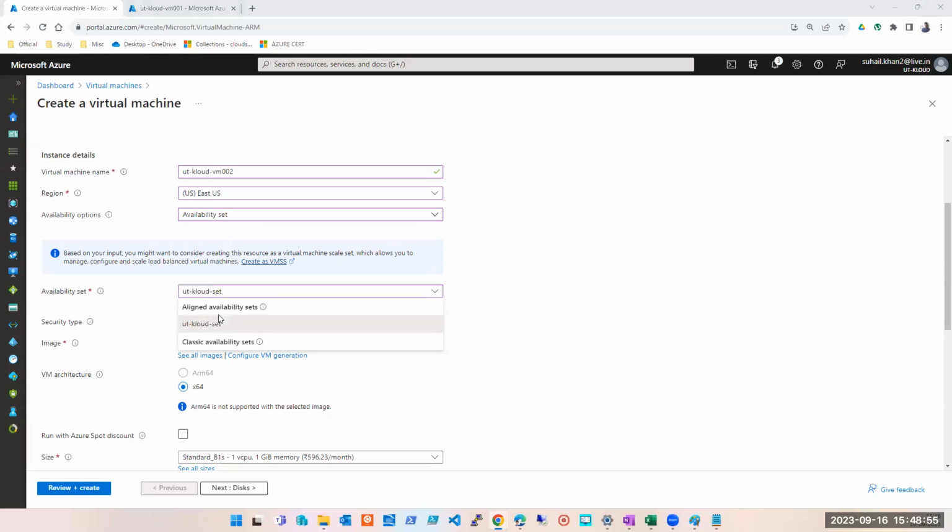Okay. So remember this thing, that availability set has to be in the same region. This doesn't come directly as an interview question, but somehow in your discussion it will come, and you should know this. And if your interviewer is not asking, you should say it proactively. Okay, so I'm selecting my availability set,